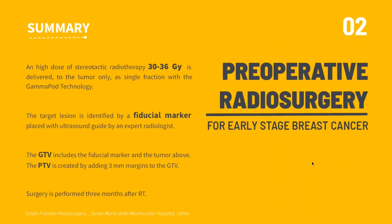Coming to the second protocol, which is the preoperative radiosurgery for early-stage breast cancer, we prescribe a very high stereotactic radiation dose, starting from 30 up to 36 gray in single fraction, delivered to the tumor only with the GammaPod technology. The target is defined by a fiducial marker, which is placed into the tumor